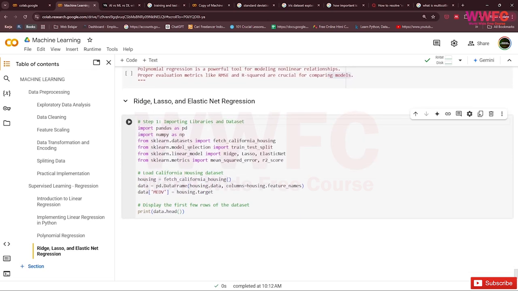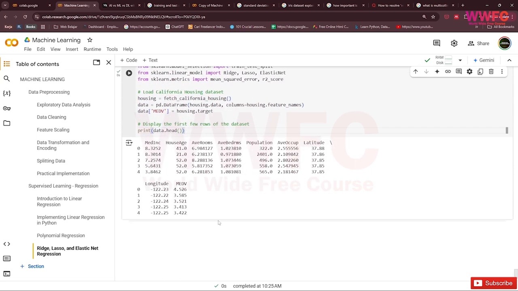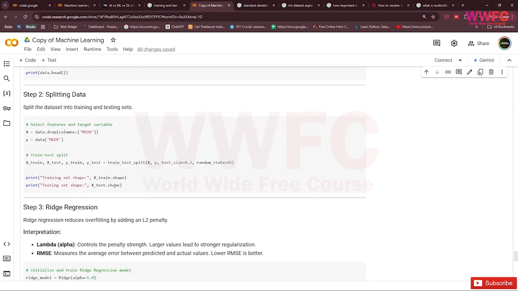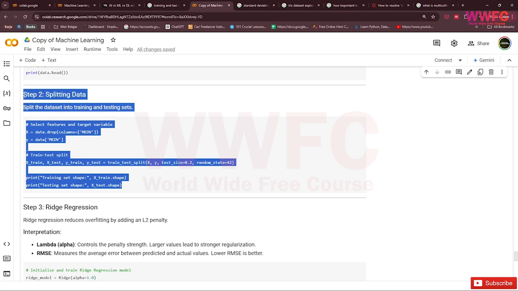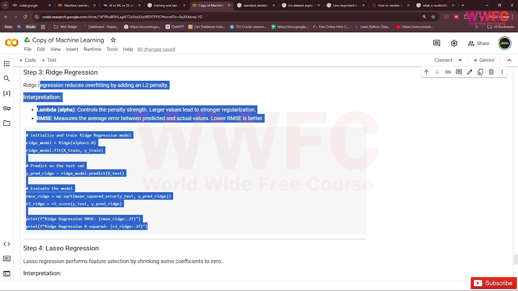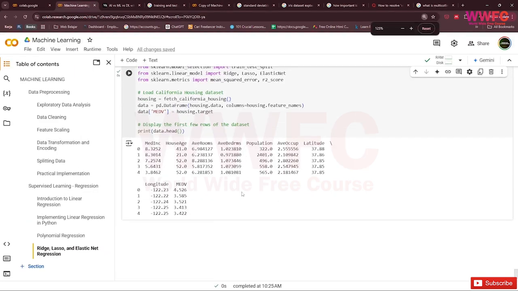Step 1 is importing the libraries and the dataset. We use the California housing dataset like before. We check the California dataset. We split the data the same simple way as before.